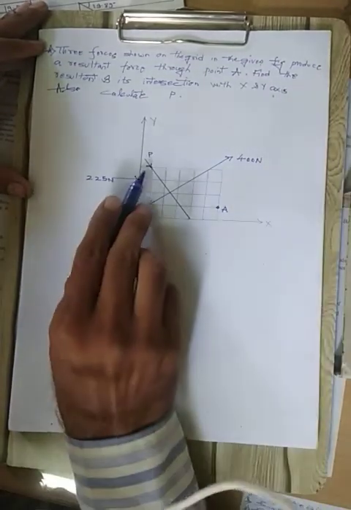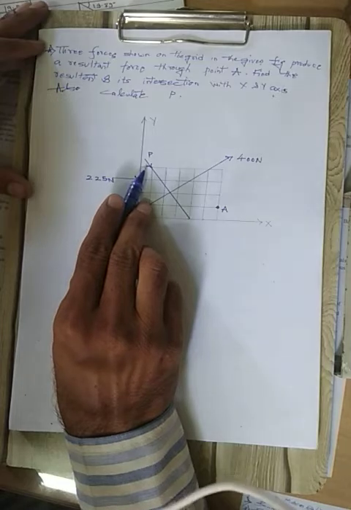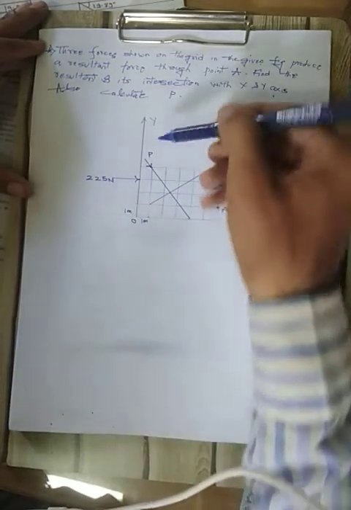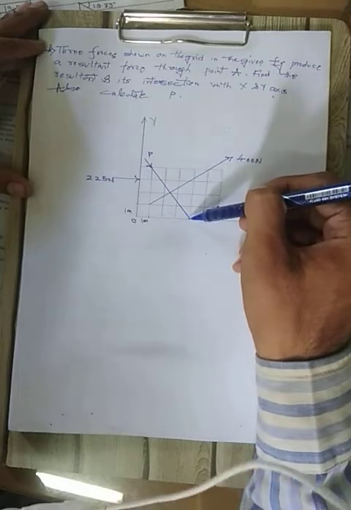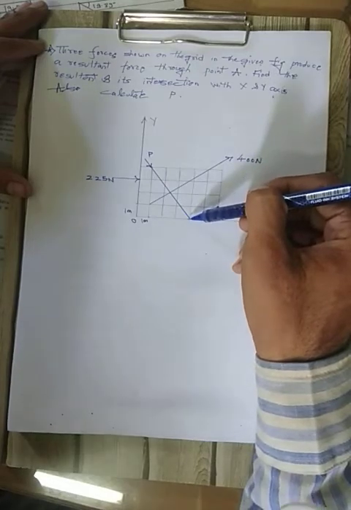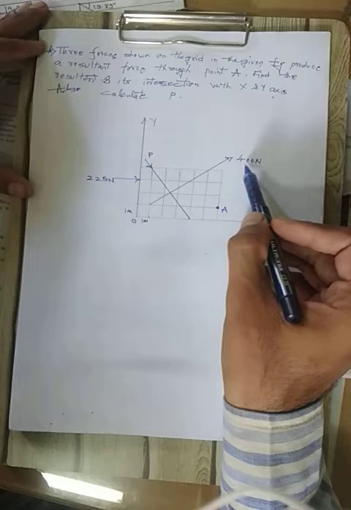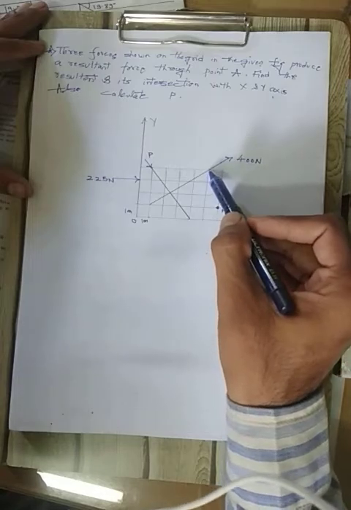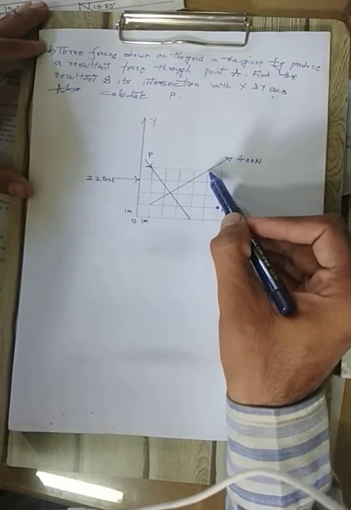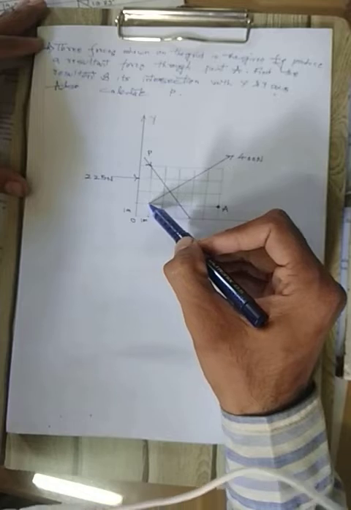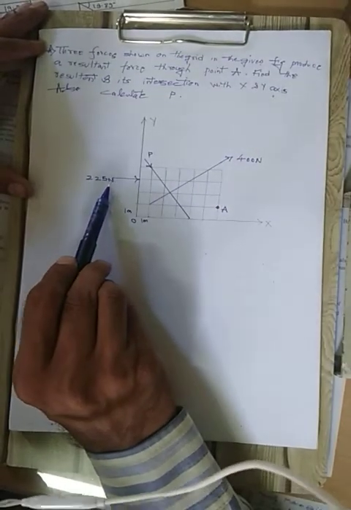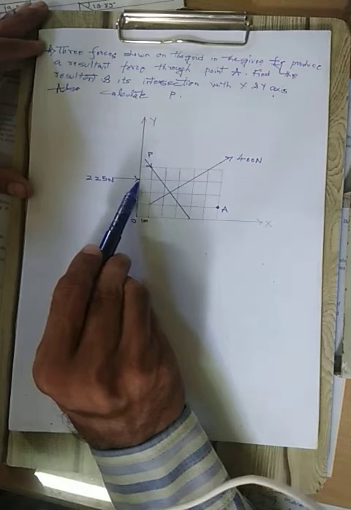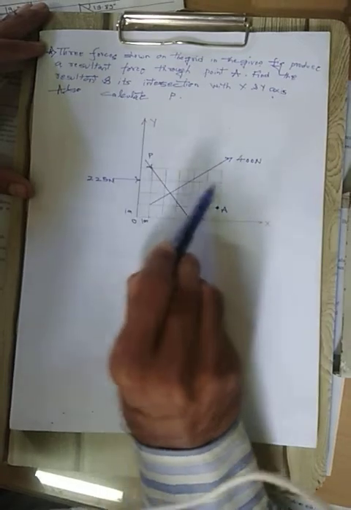For that we have to first calculate the force P. P is acting at this point, but we can assume it at this point also, because by the principle of transmissibility it can be transferred. Whereas 400 Newton is acting at this point, but by the principle of transmissibility it can be transferred to this point also, along the same line of action. And 225 Newton is acting at this point, but by the principle of transmissibility we can transfer it to this point